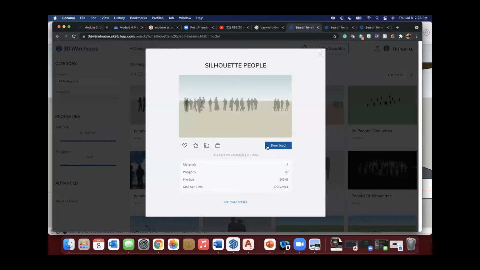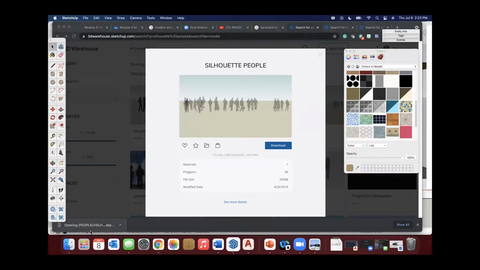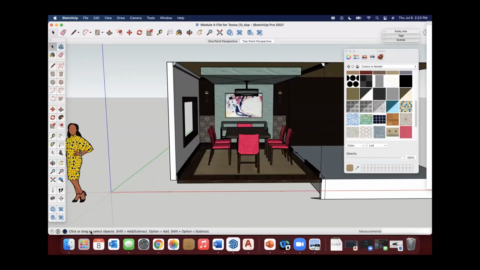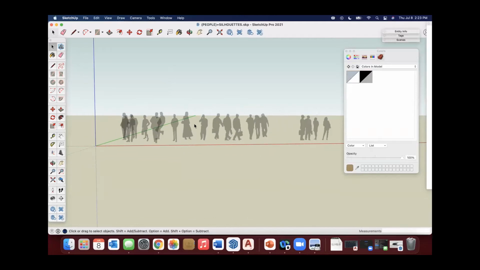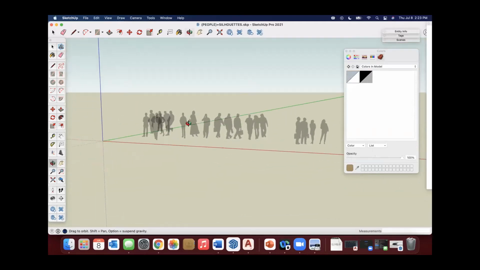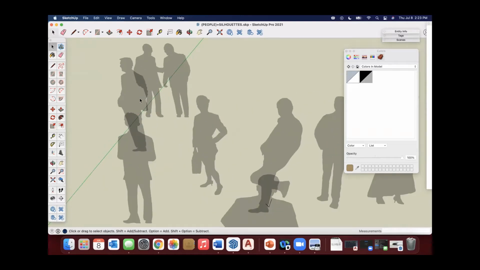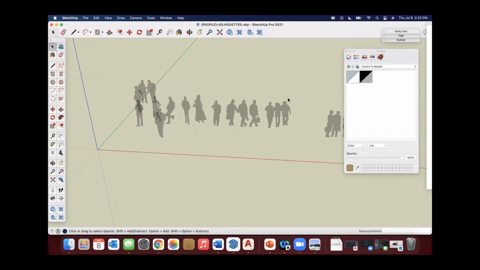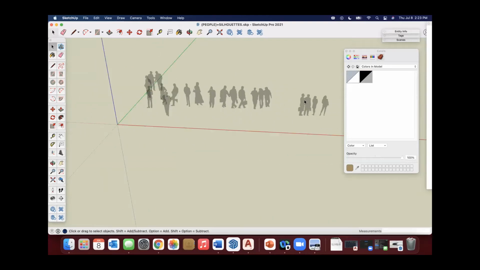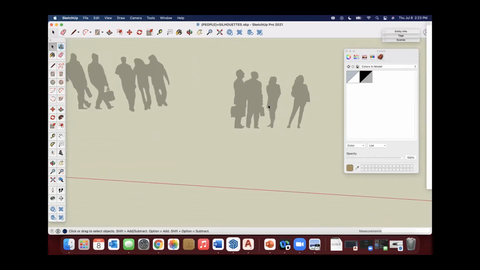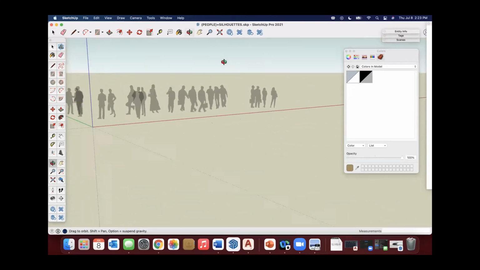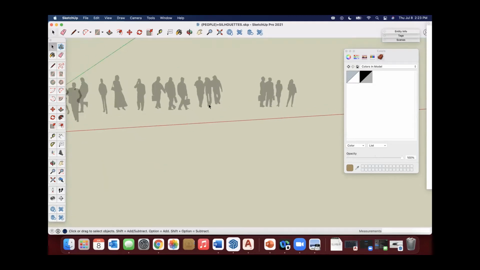From there, I can download one of these collections, and I'm going to make sure I select one for the appropriate year of my program. It's going to open in a separate file, which is actually what I want, because I obviously don't want all of these people in here. You really have to sit there and figure out which ones could work best for your model. And actually, not really any of these work for mine per se. That's kind of a bummer.